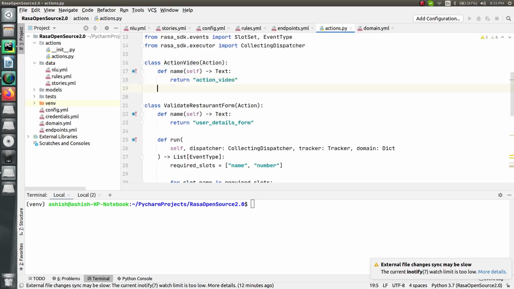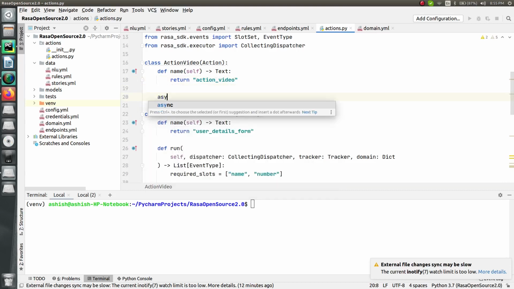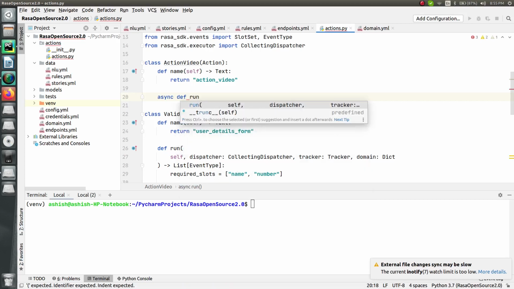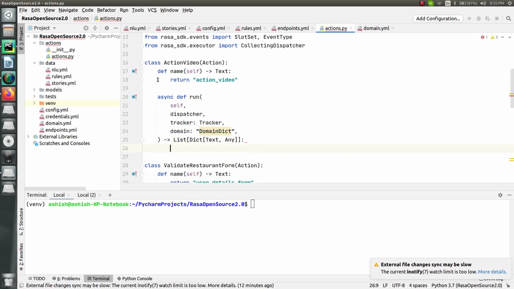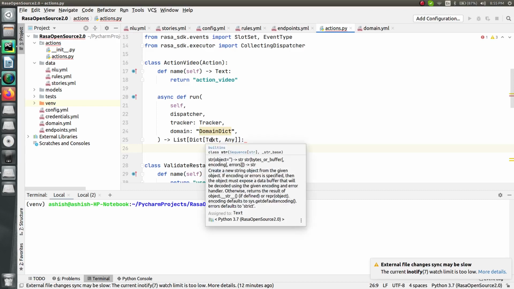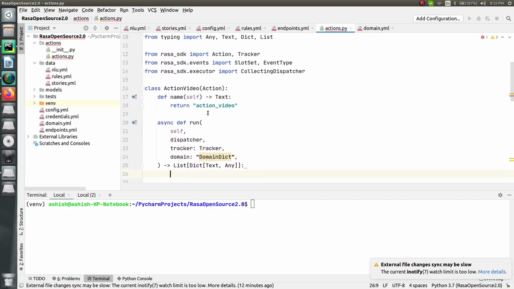Similarly, now you have to do the second thing, and that is async def, and in here just type run. So this is the main method which will run all the things that you are actually setting up, right? So this is all that we are doing in here, right? So for that, what I have to do now is open up a URL. I have to open up, or I have to play a video into a new tab of your browser. So this is all that I have to do, right? Right now I haven't mentioned anything regarding that. So let me do one thing first. First, let's see what is the video that I want to run in here, right?